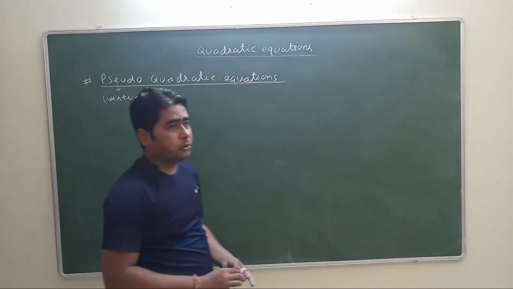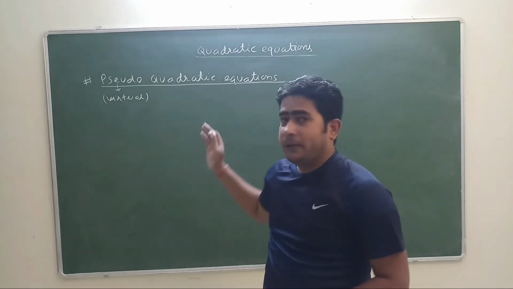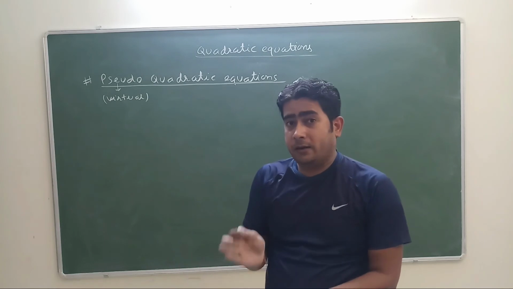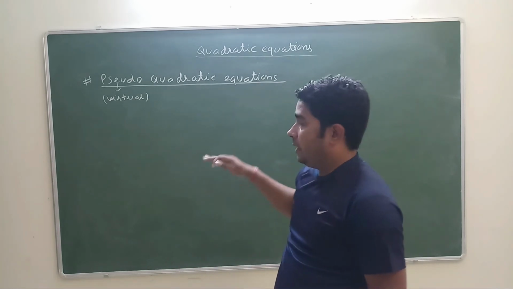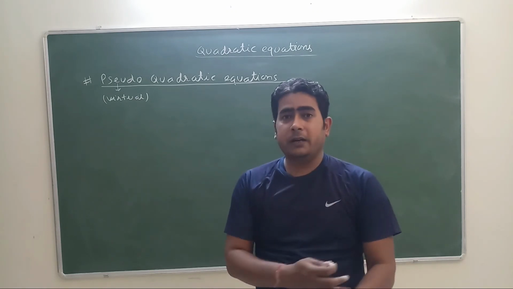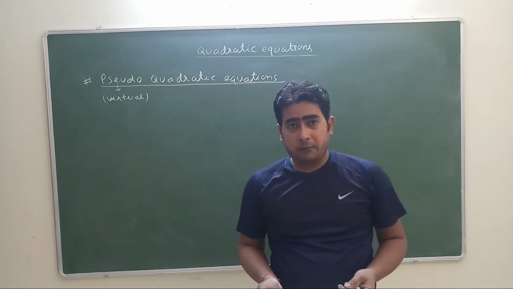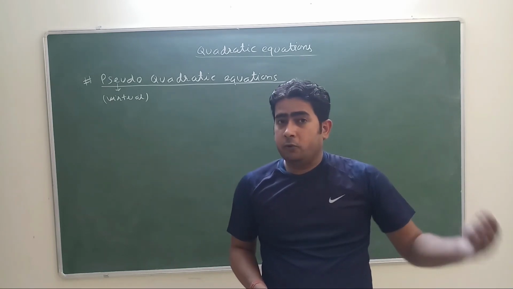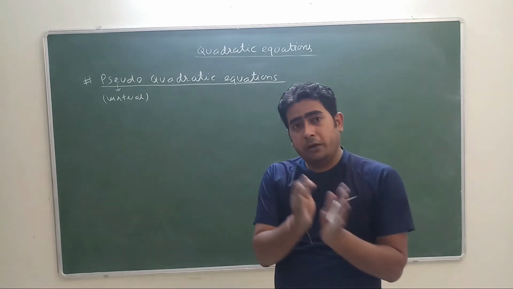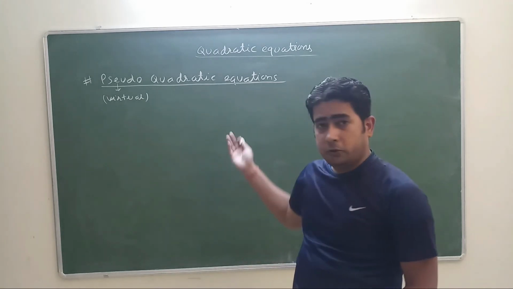Pseudo-quadratic equation means those equations which are actually quadratic, but just by seeing them for the first time, you will not be able to recognize that they are really quadratic. Means degree will be something else. But when you simplify it, when you reduce it, you will get a quadratic equation. Originally they will not be in the direct form of quadratic, in which you will not be seeing degree 2. But when you simplify or reduce them, they will be converted into the form of a quadratic equation. So that is pseudo-quadratic equation.